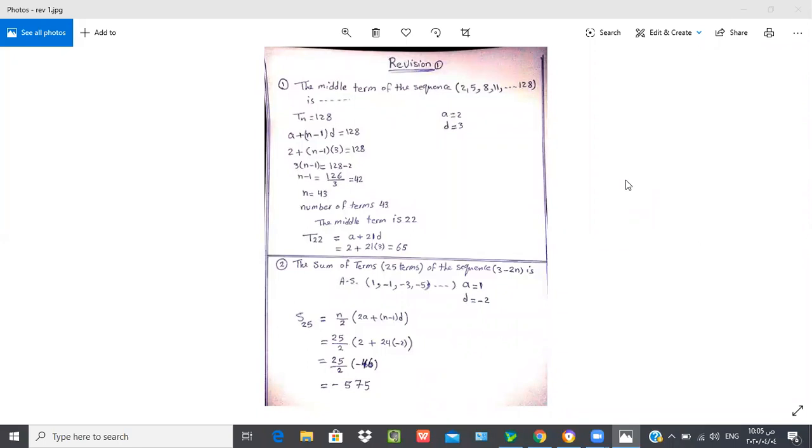Okay, here is a revision about the arithmetic sequence. It says: find the middle term of the sequence 2, 5,